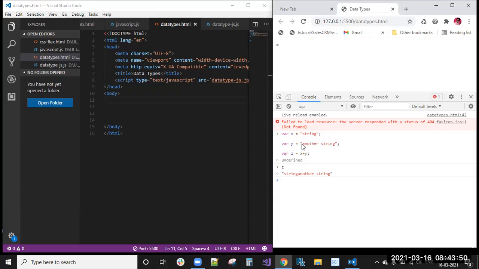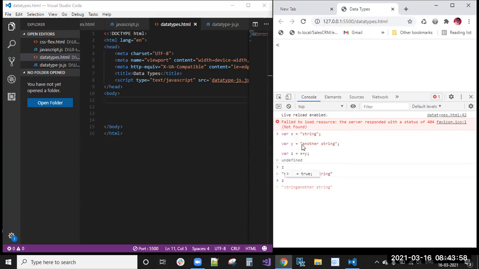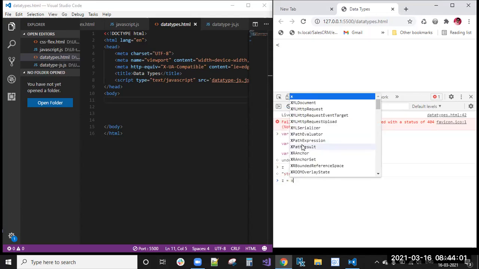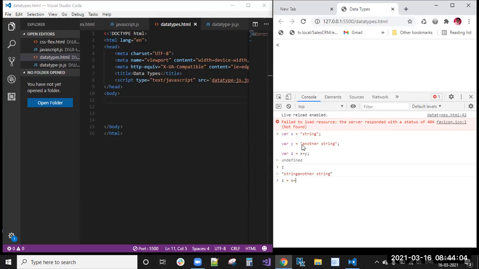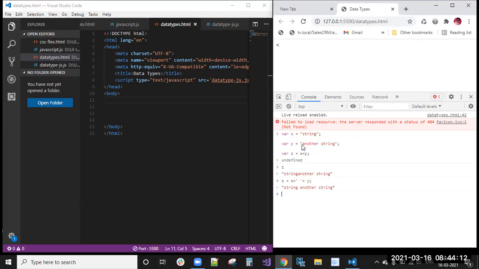While concatenating strings, if you want a space in between these two strings, then what we'll write is z equal to x, plus symbol, we need to use actually, plus already we know, right? Space here, that is space added, now plus y. Now you can see string space another string, we got the space between the two strings. Like this we concatenate two strings. This is the first method. Concatenating is one of the methods available in strings.